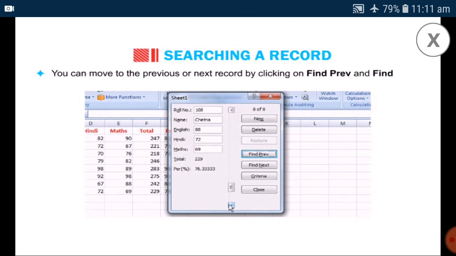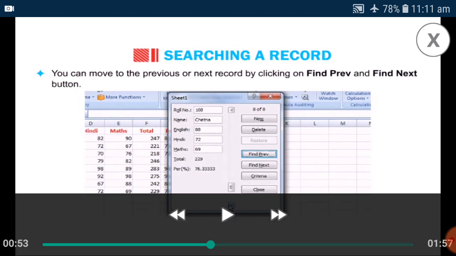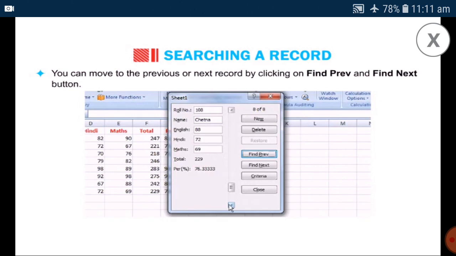How to search in records? Why is it used in such records? Suppose in some companies a number of employees is there. Searching each and every record is a time-taking process. So you enter something, like a roll number. Suppose, for example, in our school 600 students are there. Okay, I want Charita. Charita's name I want. So in this Charita name, which class? Suppose 7th class Charita. You click on the Charita name and roll number, and after that it shows the data. Okay, so at that time we use searching a record.